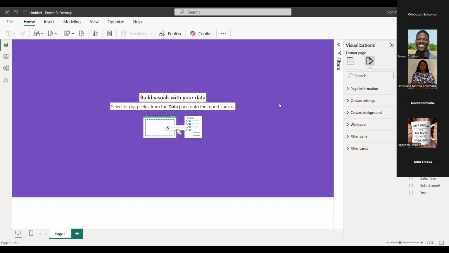Yes, that's it. So maybe let's have KPIs. Now, from our Excel class, I saw that we built some visuals and I saw that we added some KPIs. So if I may ask, does anybody know what KPI means here? That's key performance indicators. Okay, thank you. So basically, key performance indicator. Damilola, did you visualize from the Excel classes? Did you make your report? Yes, I did.